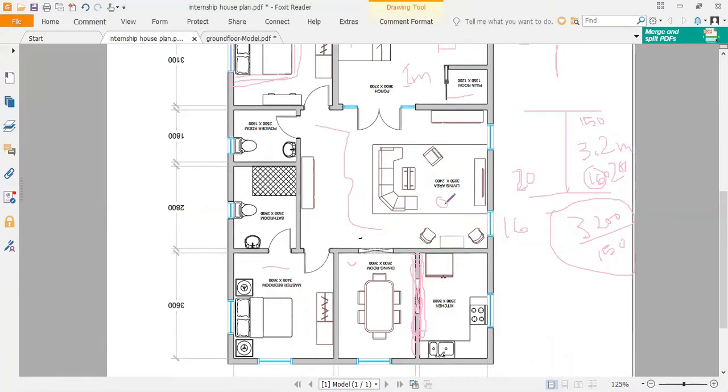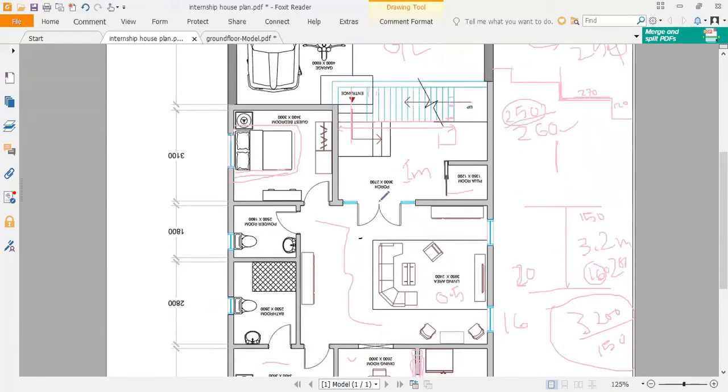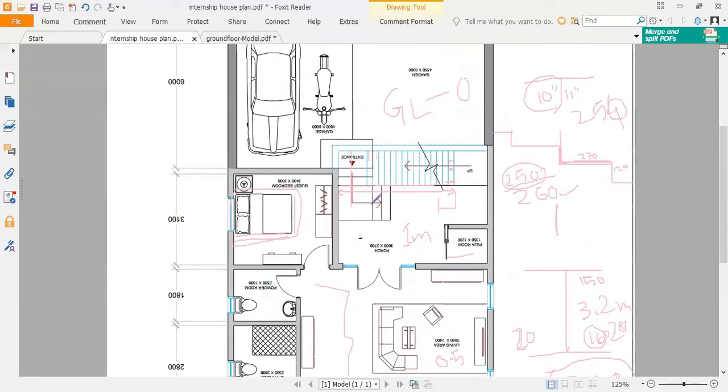Not zero, sir, it's just one step down. One step, okay, so I consider it as maybe 0.5 meter or something like that. That is very good. So basically you are coming from zero to this level with two steps, right? The person entering in this direction will have to climb up two steps to reach this particular level, not more than that. So here you can provide a higher riser.